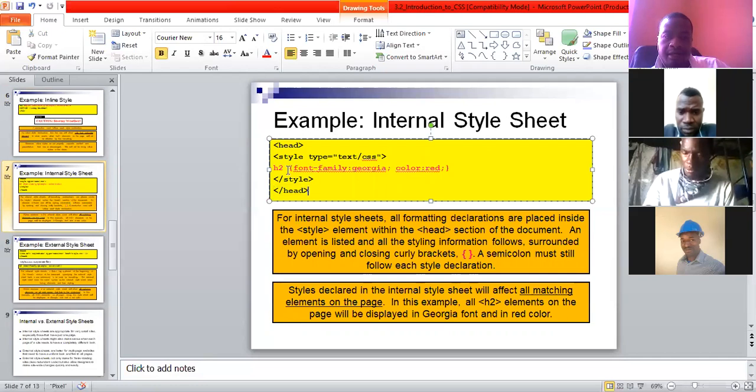So it's going to be applied to whatever you're changing here. But first you need to have this in the body tag. The heading is going to be changed. The font family is Georgia, and the color is going to be red. Now let's say if you want to add something again, you want it to be centered. So you go on and say